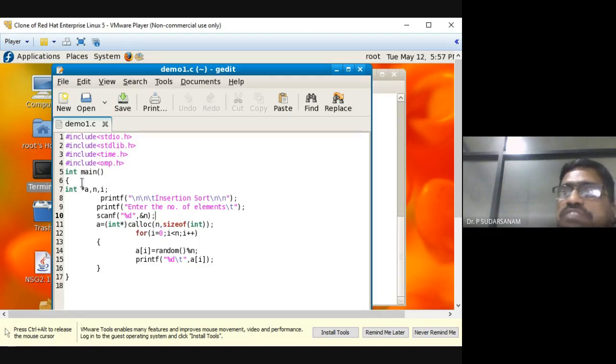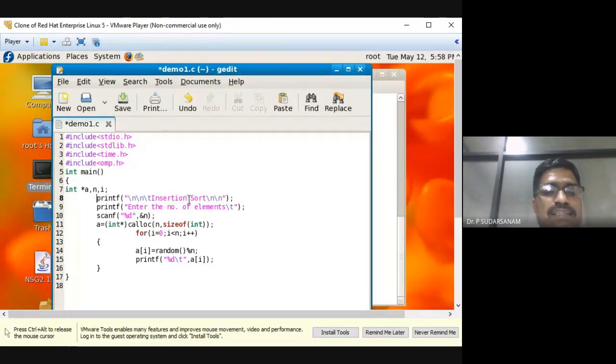Now, what I have taken as data type is int star a, because a of 20, a of 30, I don't know how many values I will be entering. Maybe I told you 1 lakh, 2 lakhs also you can enter. Because if I allocate 2 lakhs and you enter only 50 elements, the remaining memory will be wasted. That is the reason: how much is required, at that time, while running the program itself, you allocate the memory and use it. That is dynamic memory allocation.